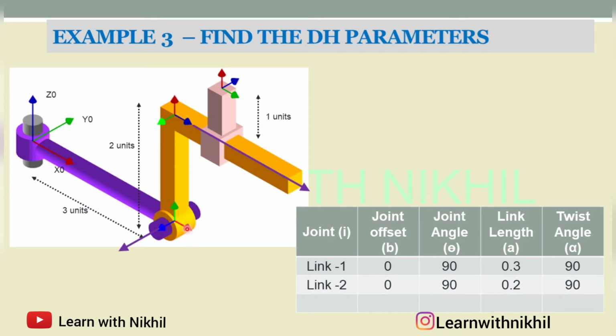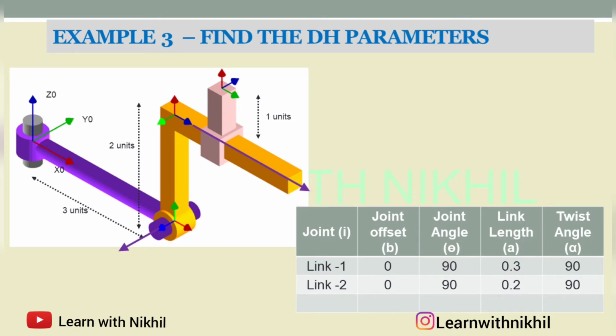Next, finally, now the x-axis is pointing in this direction, and the z-axis is pointing in this direction right now. Now finally the twist angle. As you know, the z-axis should be aligned in this direction, but now the z-axis is pointing in this direction. So to do that, we have to rotate it by 90 degrees to align this in this direction. So the twist angle is 90 degrees. In short, this is not parallel to this, so the twist angle will be 90 degrees.